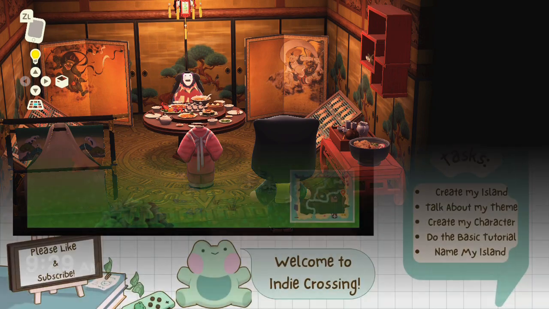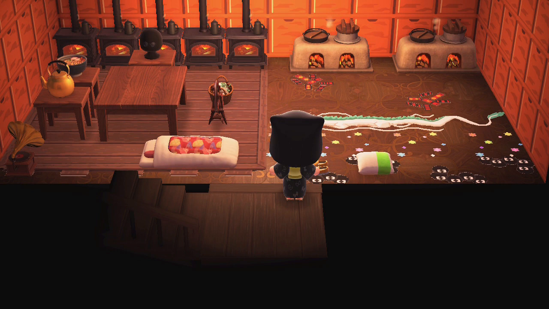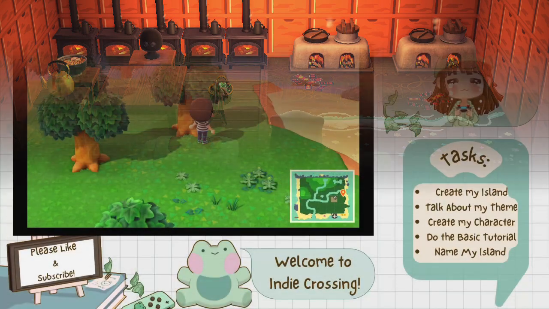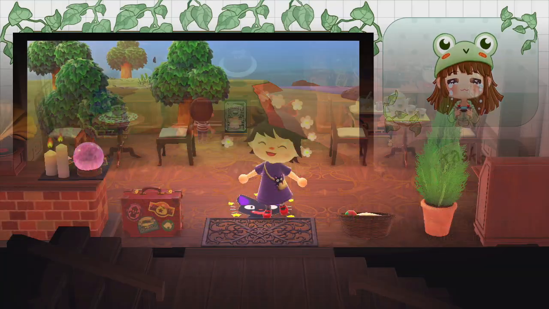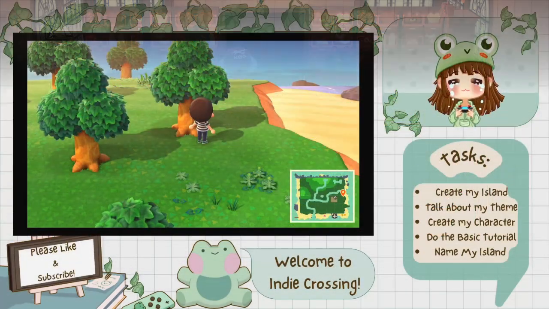So it's not the best that a Studio Ghibli island could have been or could be. So I'm taking this opportunity to recreate, to redo that island and just try to do a better job and make it even more movie accurate than I could back then.